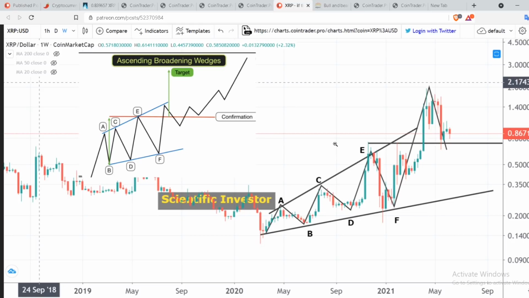Now, it's not only XRP which is showing a similar pattern, you have others as well. But this is more bullish than you think. But yes, it may take time, which I'm personally agreeing, right? To reach this top again, it may take some time. You may create this higher low and then consolidate and move higher.